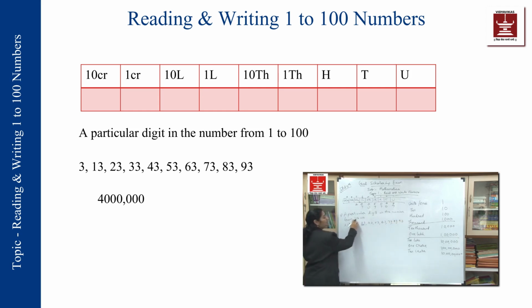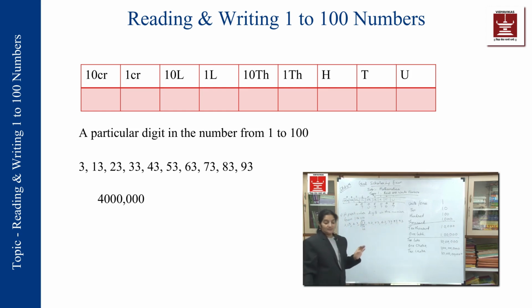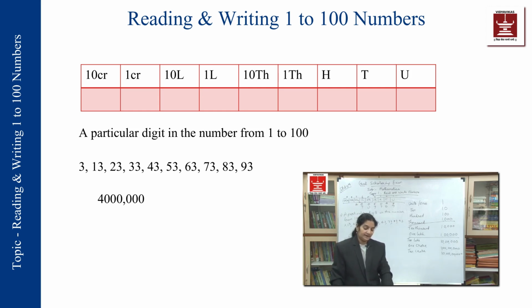Because numbers are from only 1 to 100. In terms of 30s, you will see that starting from 30 to 39, they are 10 numbers. So 1, 2, 3, these 10, plus 1, 2, 3, 4, 5, 6, 7, 8, 9 of these. So how many times is it occurring? In 19 numbers it is occurring.